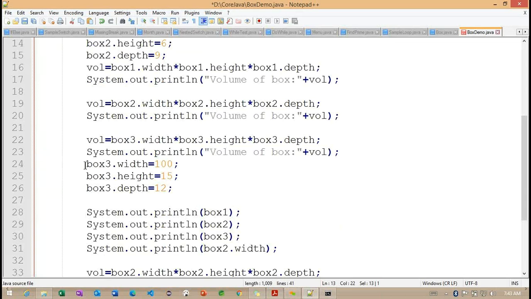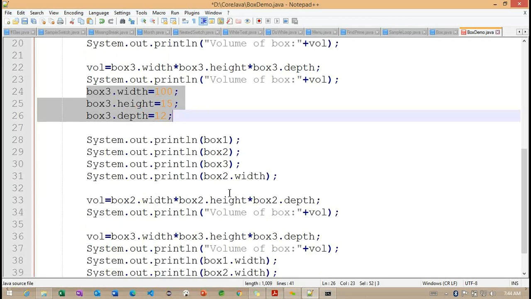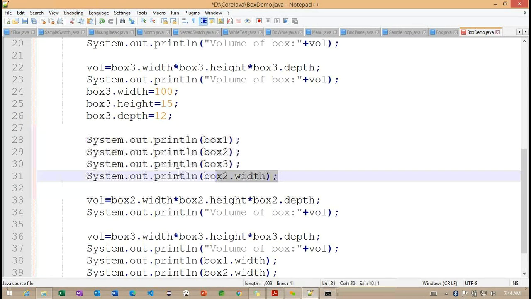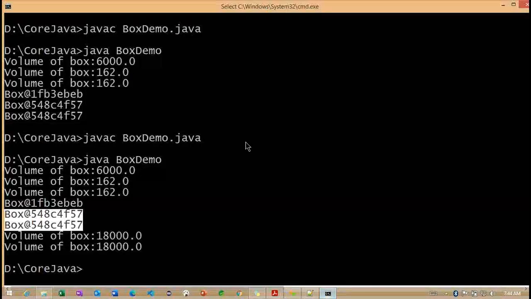But now with the help of this particular box 3, we are reinitializing the value, changing the width value. After printing these references, we are going to print the value which resides in this box 2 dot width. And finally, I'm printing box 1 and box 2 here.